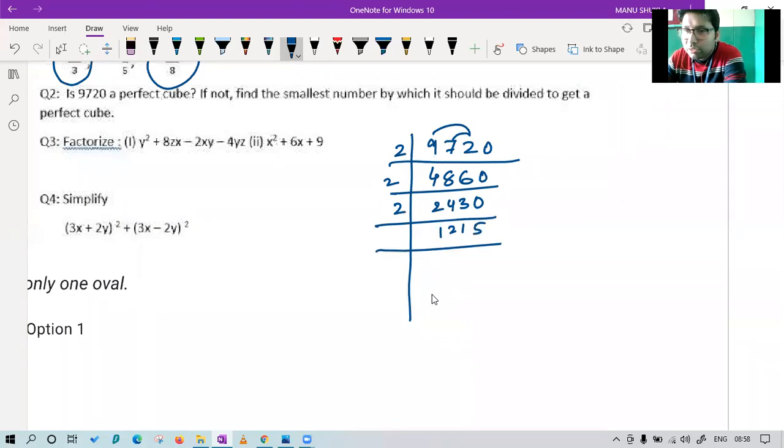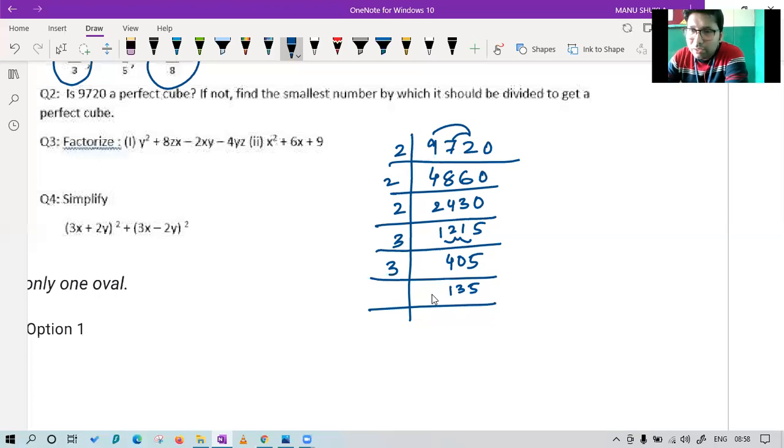Now which number can we use? The sum is 1 plus 2 is 3, 3 plus 1 is 4, 4 plus 5 is 9. So we can go with 3. Very good, Ananya, Krishna, and Joel. We can go with 3 and 5 also. Joel, good. But I prefer to go from lower to higher. That is not mandatory. 3 4s are 12, 0. 3 5s are 15. Now again 4 plus 5 is 9. So 3 1s are 3, 3 3s are 9, 3 5s are 15. Now 5 plus 3 is 8, 8 plus 1 is 9.